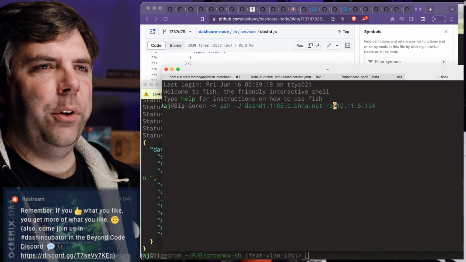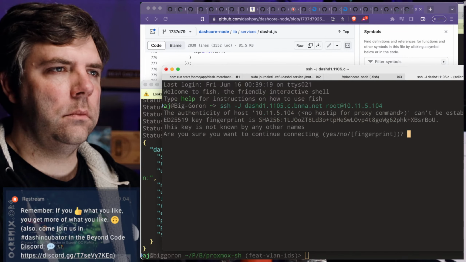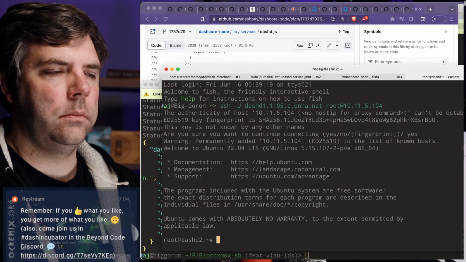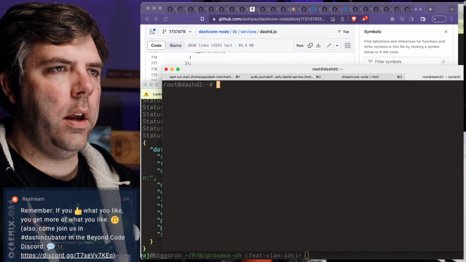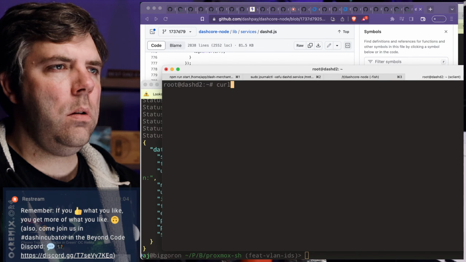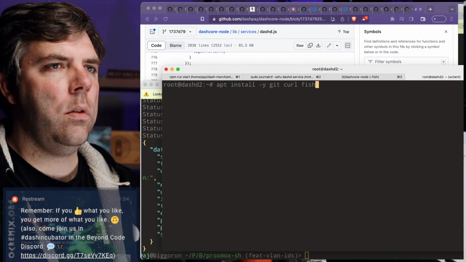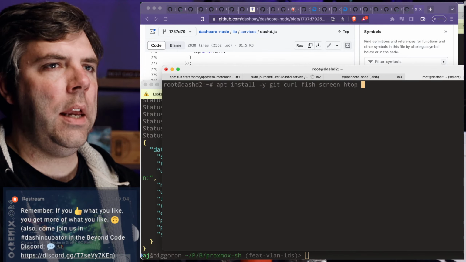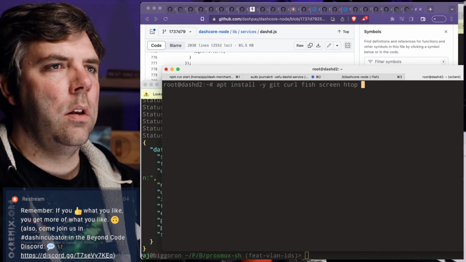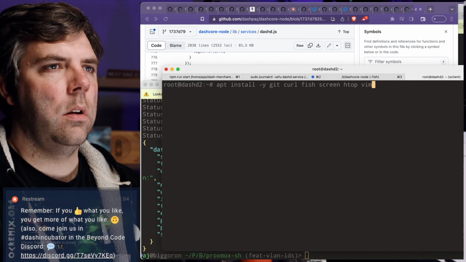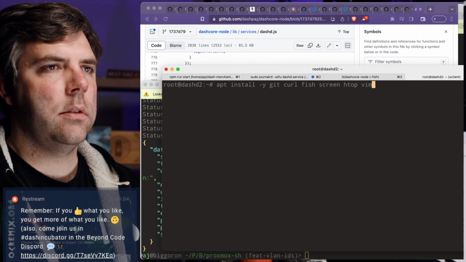All right, so I think we need to go to root here. All right, so apt install -y git curl fish screen htop vim net-tools.